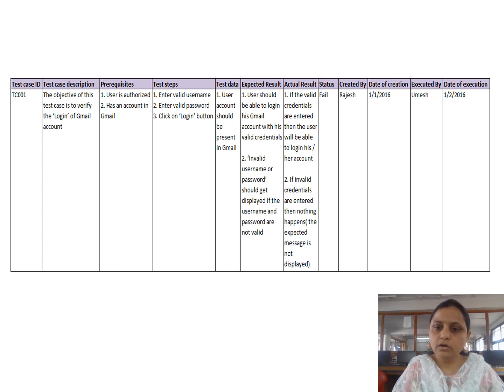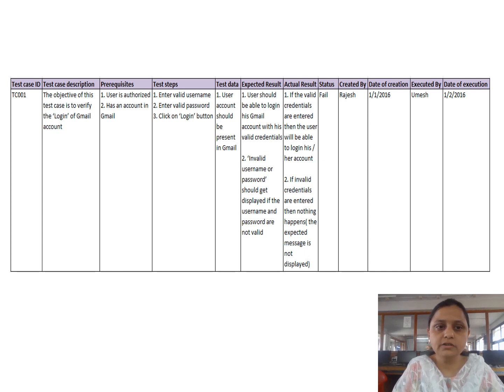You people very well know how to log into a Gmail account. Enter the login ID, then enter the password. If the credentials are correct, then you log into the account. If the credentials are wrong, then it shows the message that the credentials are incorrect. Okay, this is the test case for Gmail.